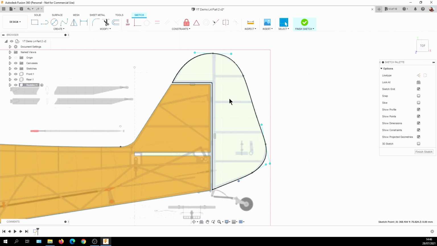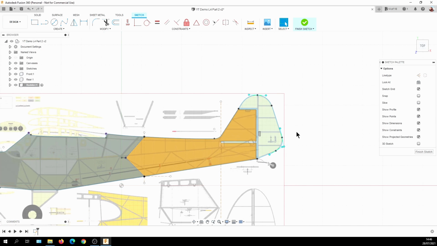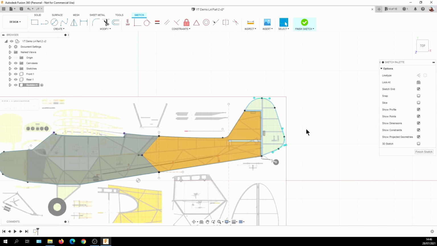So we've now got the rudder, and by going over it, you can see that the whole thing's highlighted. So that means it's a closed sketch. If it doesn't do that, it means you haven't got it joined somewhere. Right, so that'll do for the rudder. So if we finish the sketch,